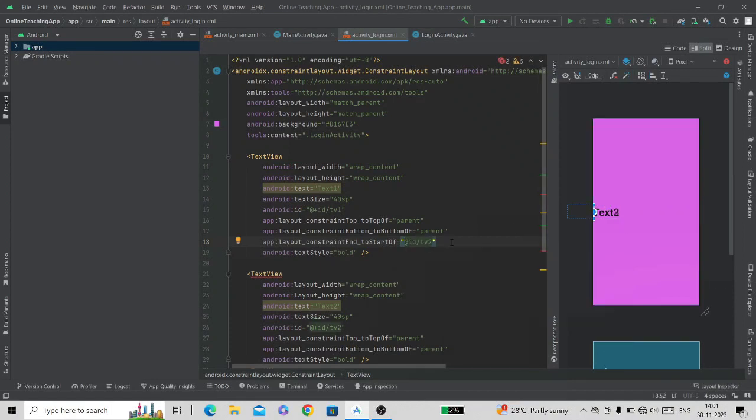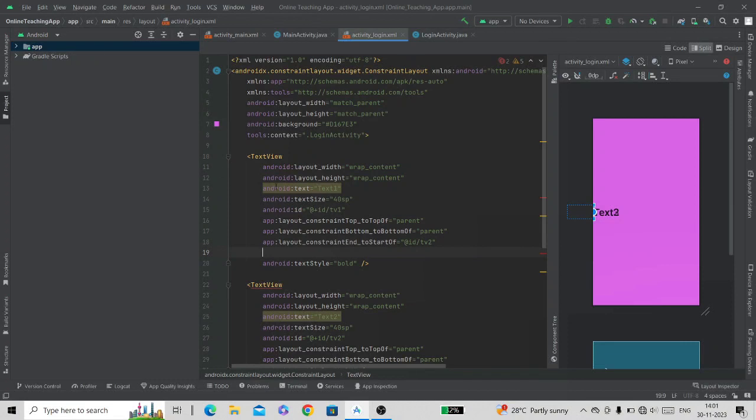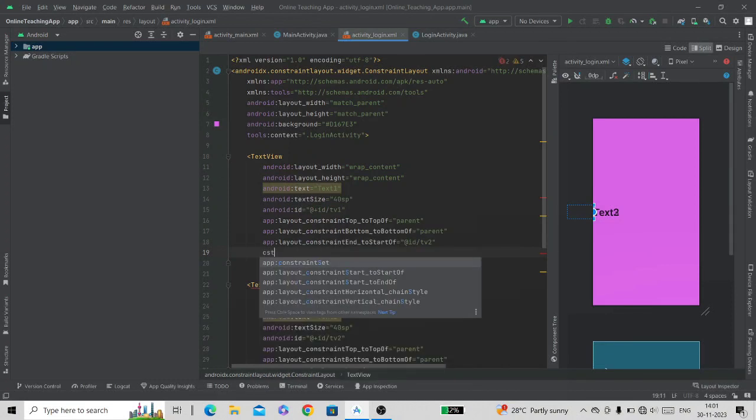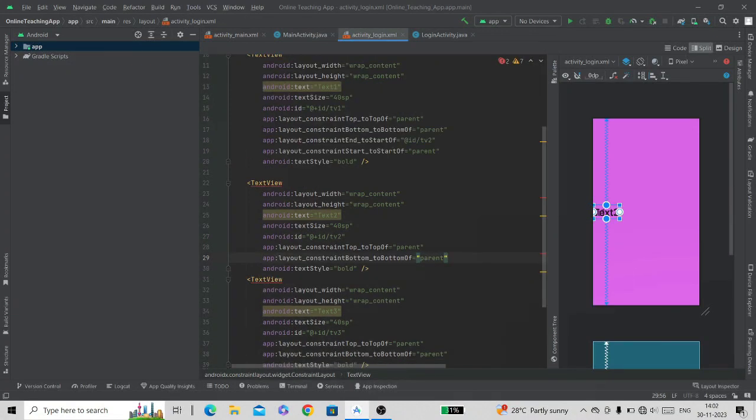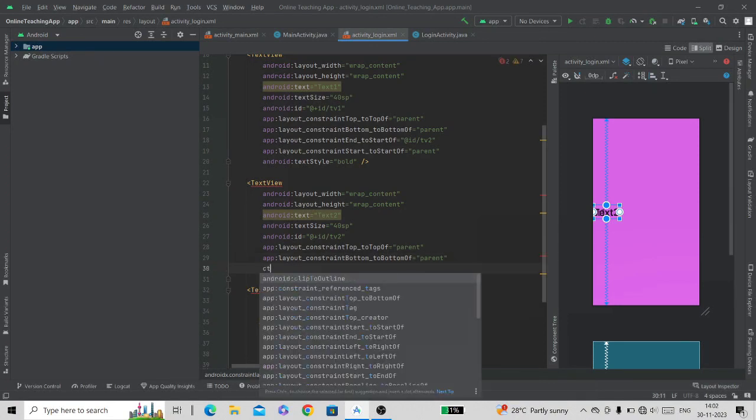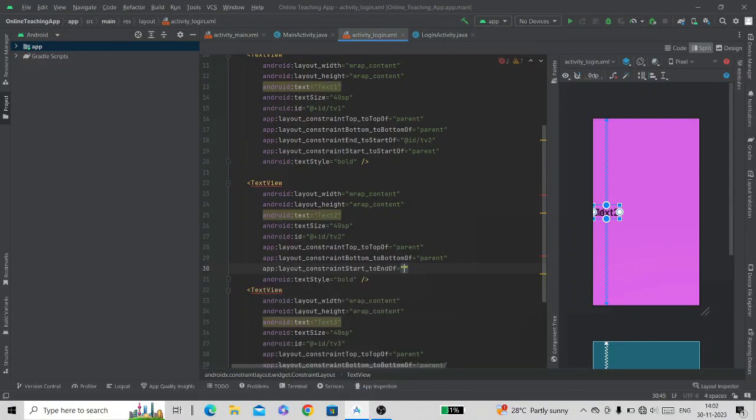Also we will connect the start of the first text view to the parent using constraint start to start of parent, and here in the second text view we will use the constraint start to end of first text view. So a chain between first and second text view is created.